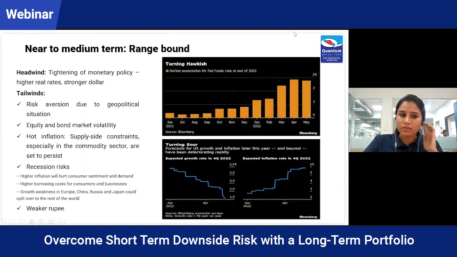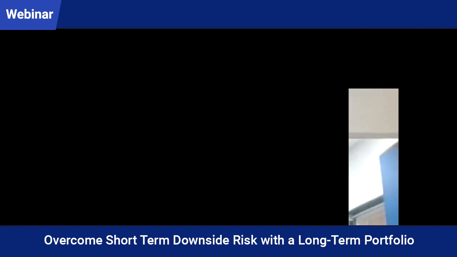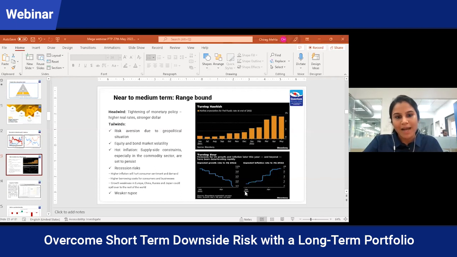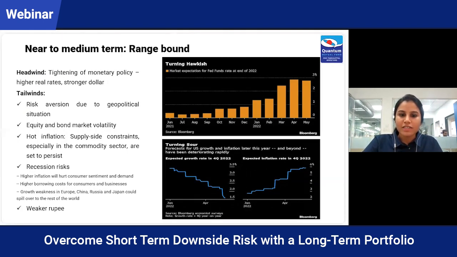So firstly, we have the Russia-Ukraine war. It's been 3 months now. We don't see an end to it yet. So the threat of an escalation of the conflict or use of nuclear weapons, these kinds of threats are still looming over Europe and the rest of the world. As a result, some geopolitical risk premium has gotten built into gold prices. Secondly, because of slowing growth, tighter monetary conditions and risk aversion, we're seeing a lot of volatility in the equity and debt markets.